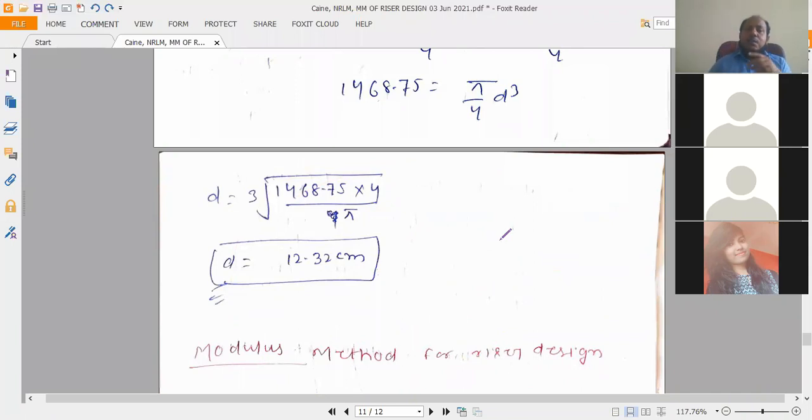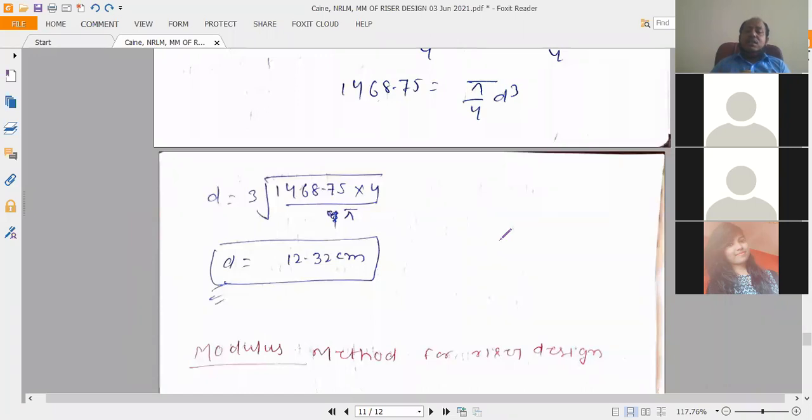What I was saying is that when we found the shrinkage volume from capacity, we first found the dimension and then checked it. That method is more complicated. When the shrinkage volume is not given, Kind came and said you have to follow my rules, which are an empirical formula, and the dimension of the riser can be determined easily. But as time passed and other research went on, the Naval Research Laboratory method came, and it is always simpler than Kind's method.